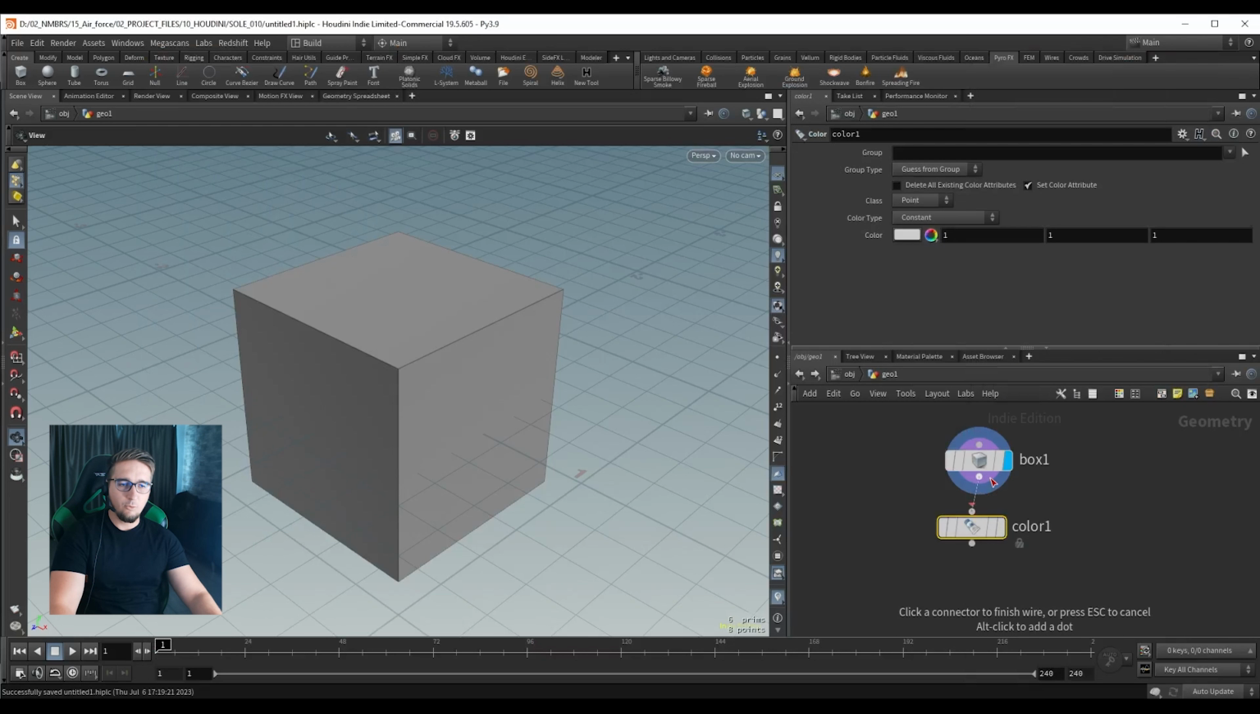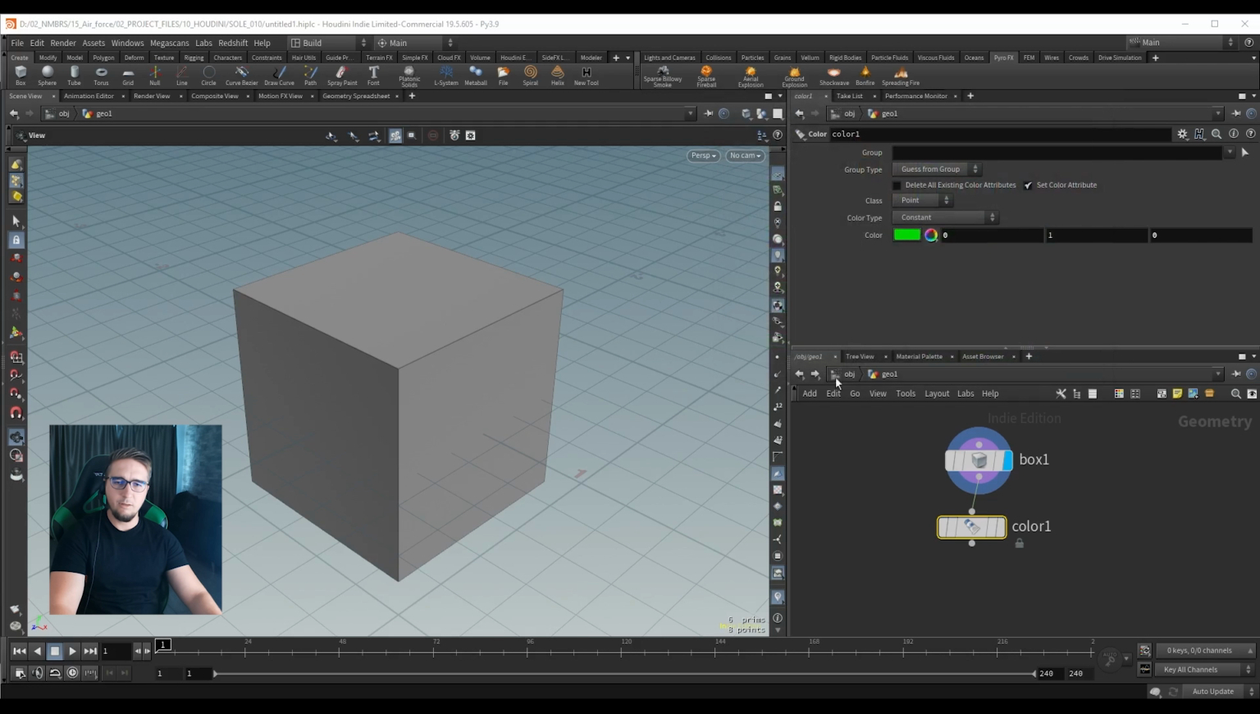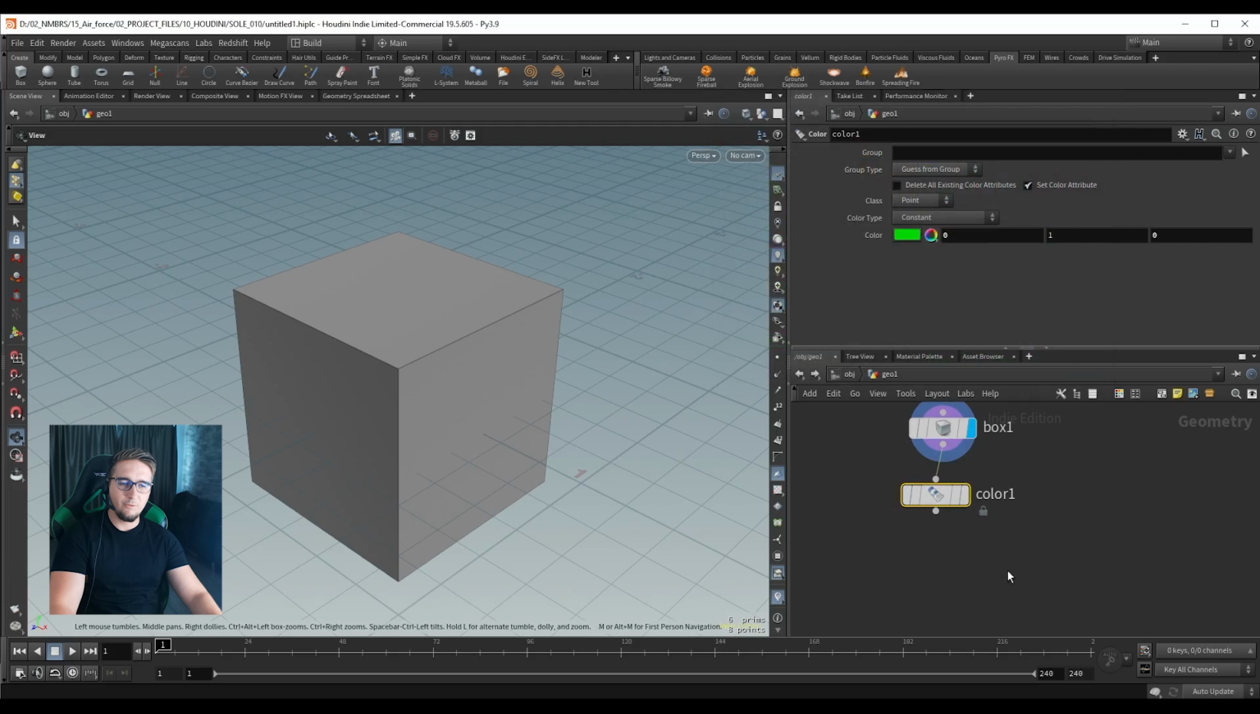Let's link it to our box and we will change the color here. Let's maybe use green. Okay, so I changed the color to green, but I don't see it displayed in my viewport. And this is because we have to set the display flag for our color. Currently our display flag is on our box,